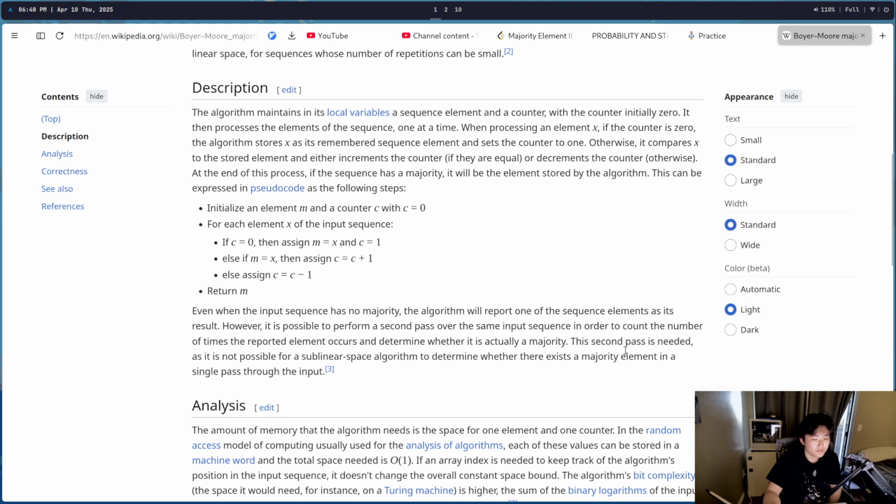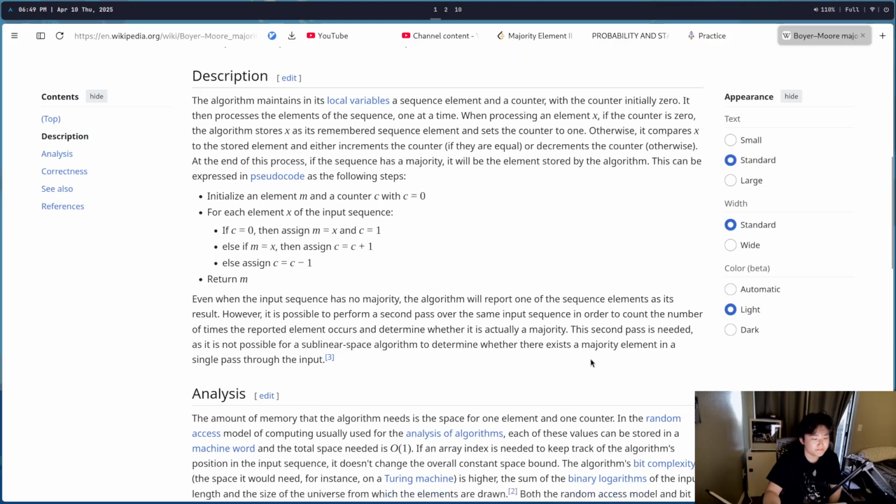The second pass is needed as it is not possible for a sublinear space algorithm to determine whether the